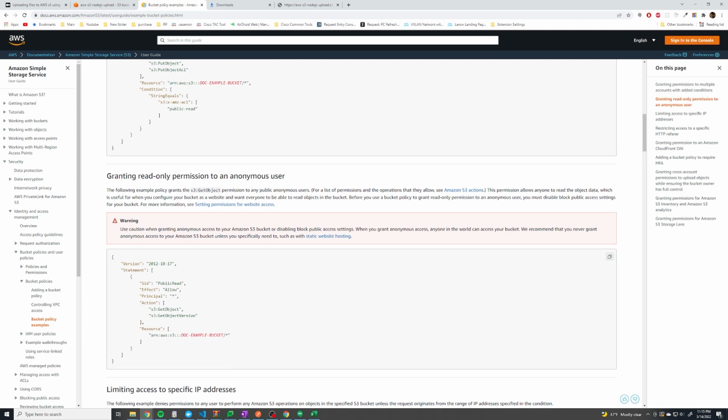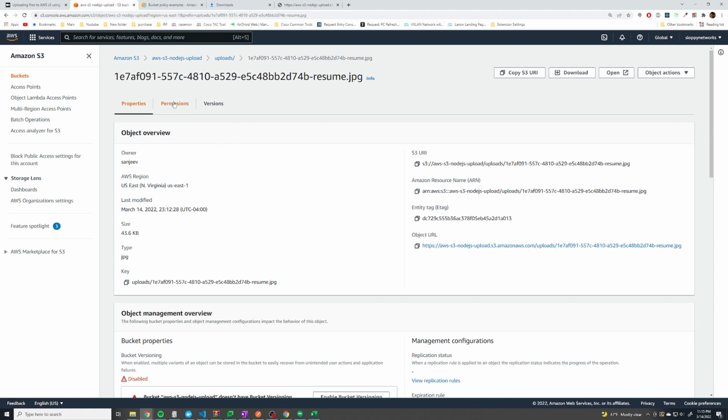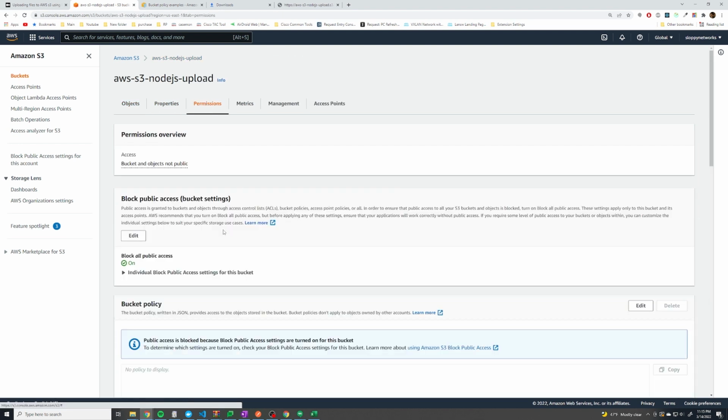And so there's this section right here, granting read-only permission to an anonymous user, which is like a public user or your client or front end. It doesn't really matter, but we can pretty much copy this exactly. And all we have to do is just update the bucket name when we paste it in. So let's copy this. And then under permissions for your bucket, go to our bucket, permissions,